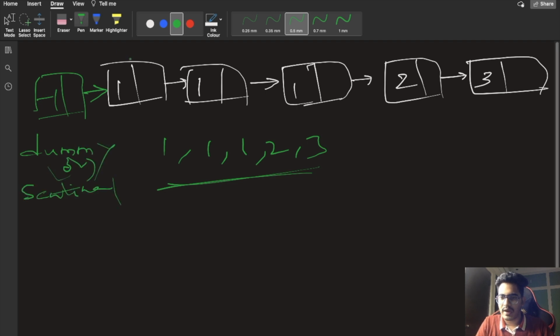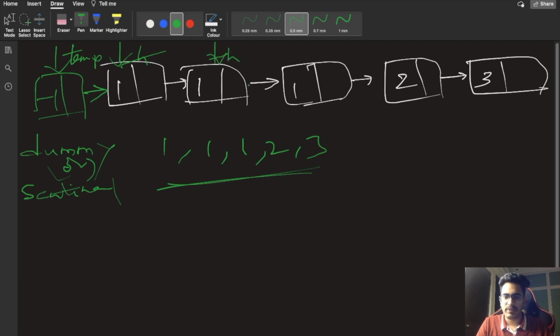Here we know that we have a head pointer, and let's take one more pointer. Let's call it temp. So there are two pointers, one is temp and the second is head. First we'll iterate through head and we'll be checking whether the adjacent values are equal or not. Now head is pointing to 1. Since 1 and the next value are equal, we'll be updating our head to the second one.